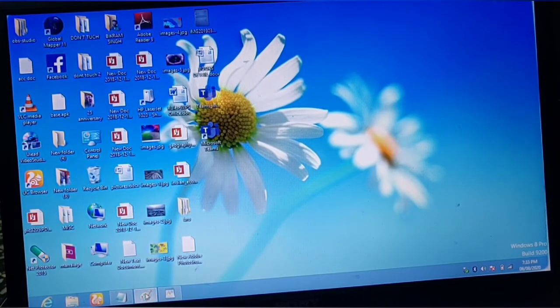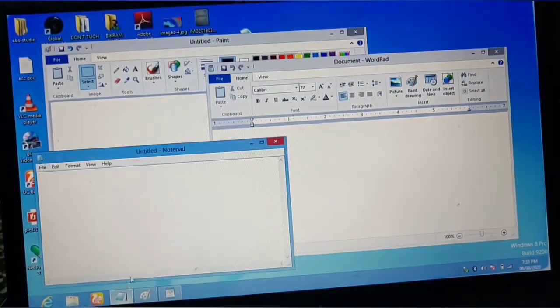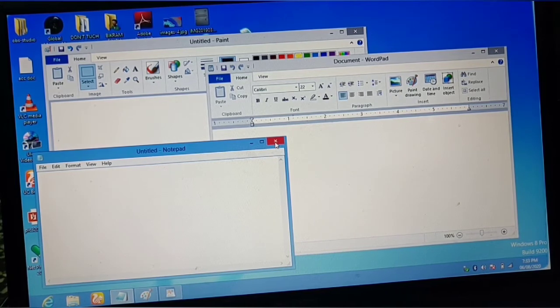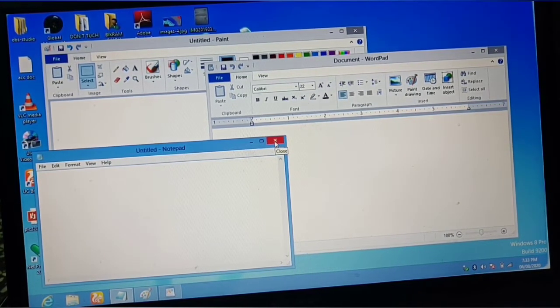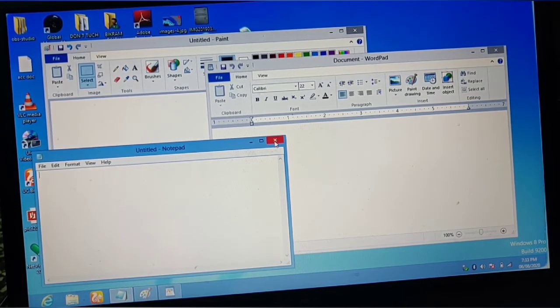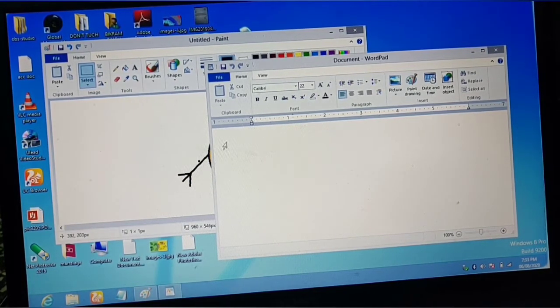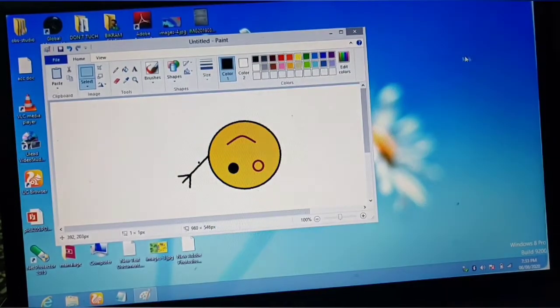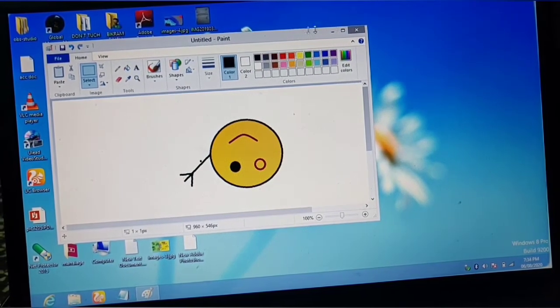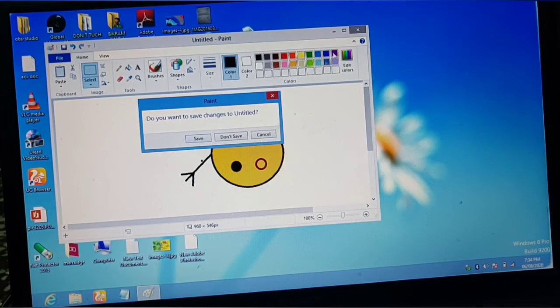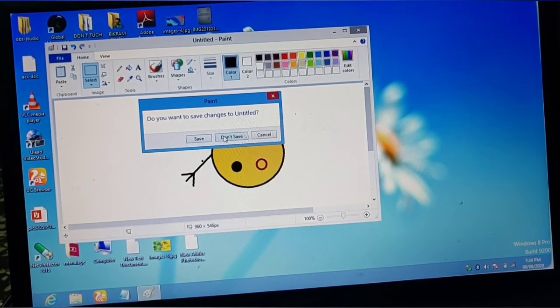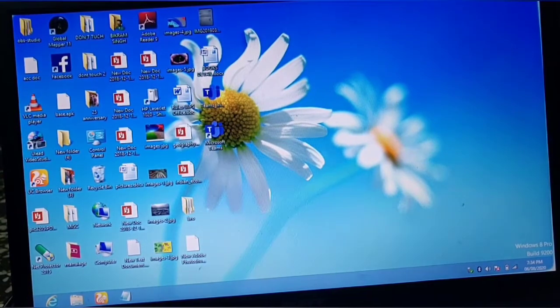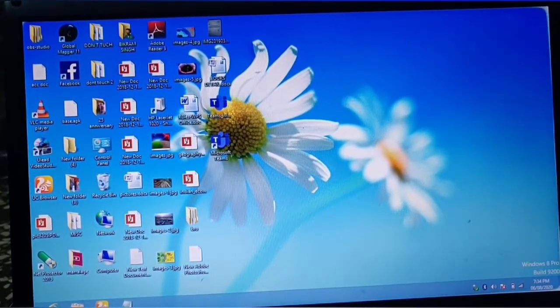Now the next thing is how to close the windows. If I want to close the window, what I have to do, I have to simply click on this close button. This red button is the close button. Firstly, I will click on the window that is appearing in the front of all the other windows. As this is Notepad, I will click on the red button, that is the close button. As you can see, the Notepad is closed, and now I am clicking on the WordPad. See, this is closed again, and now the last is Paint. Once I click on the close button of the Paint window, the Paint window will also be closed. So this is how you can close the window from the desktop screen.